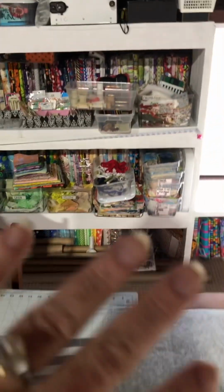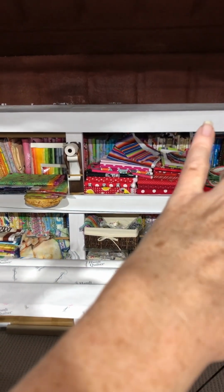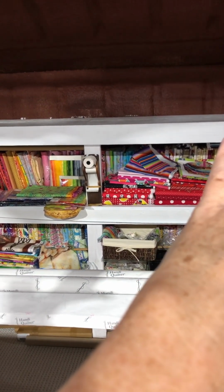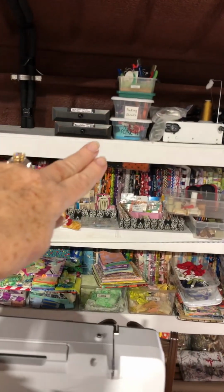And so I sew and I long arm quilt, and I have all of my fabric rolled on comic book cards. I'll do another whole video on that another time, but you can see I had this whole empty shelf up here. I need more storage space, believe it or not, for fabric. I have vintage fabric that I got at an estate sale for almost free, honestly, and I need to roll all that up, and I need this entire space up here for that. So I had little totes, little mini totes